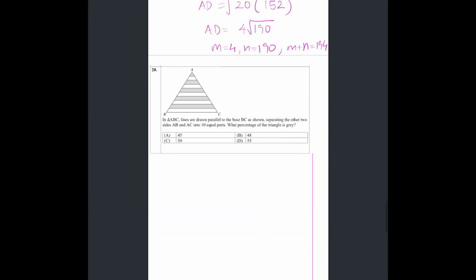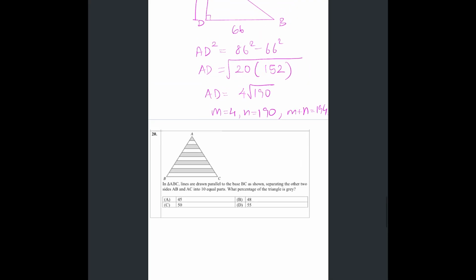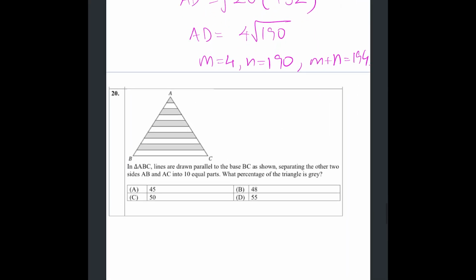Okay, let's see question number 20. In triangle ABC, lines are drawn parallel to the base BC as shown. Okay, so all of these lines are parallel, separating the other two sides AB and AC into 10 equal parts. So all these parts are equal, right? If we mark all of these as, let's say,